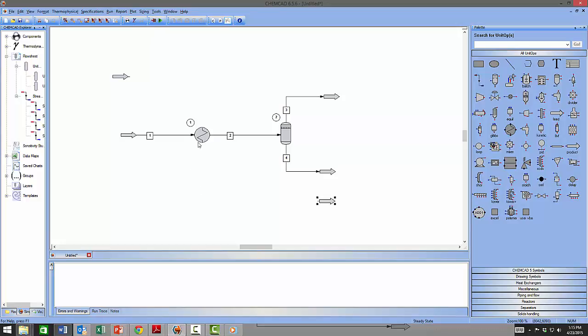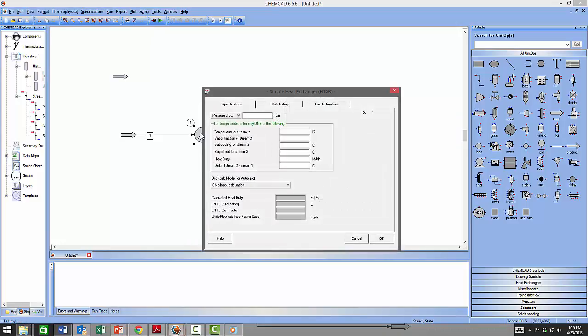Okay, you can click on the heat exchanger to check the required specification in its current connection state. The dialog box that pops up tells us that you can use this simple heat exchanger model, and the heat exchanger can work in its current connection state. That is, it will work even without the cooling water streams connected. Looking here on the dialog box,